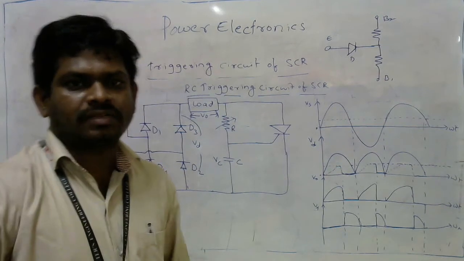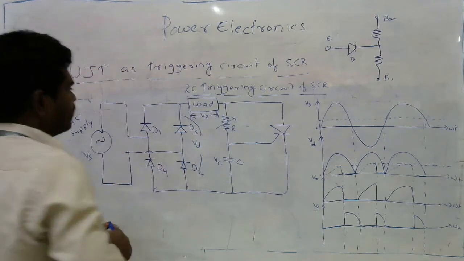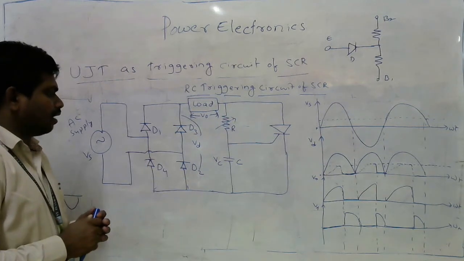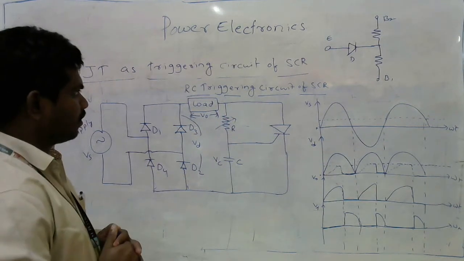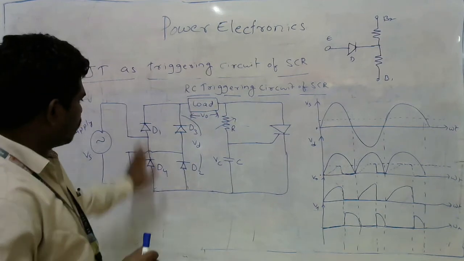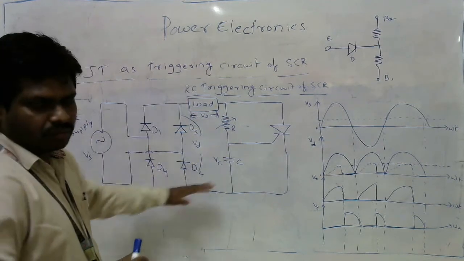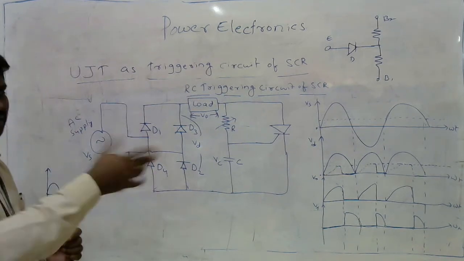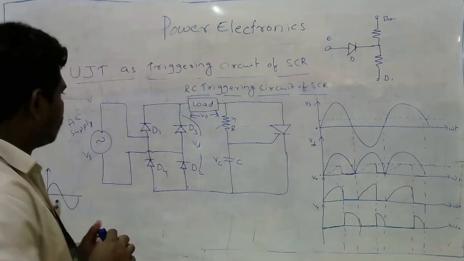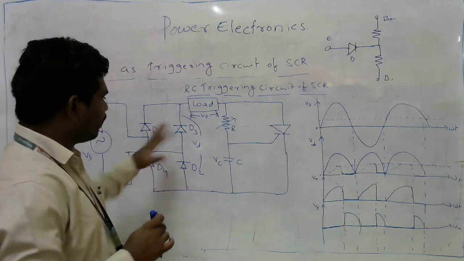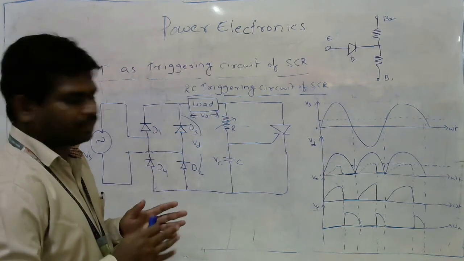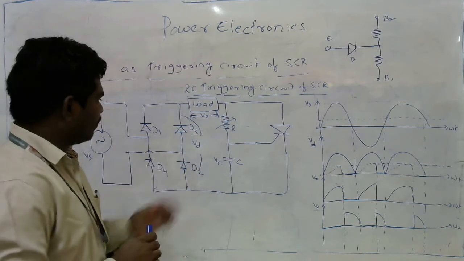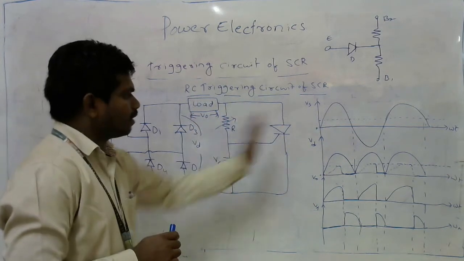Okay. Next we'll see RC triggering circuit of SCR. This is full wave RC triggering circuit of SCR. Unlike half wave RC triggering, look at this. There is one bridge circuit which is used to convert the AC supply into DC supply. There we are taking directly that AC supply, and this bridge is going to be providing good output in terms of DC values. This is my VD, which indicates the DC available to the rest of the circuit.